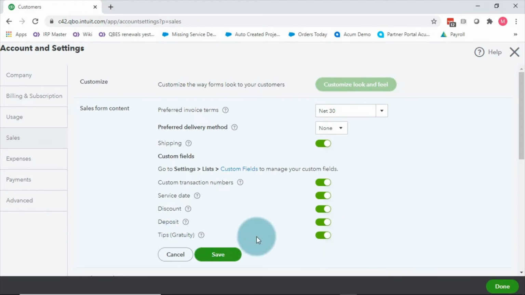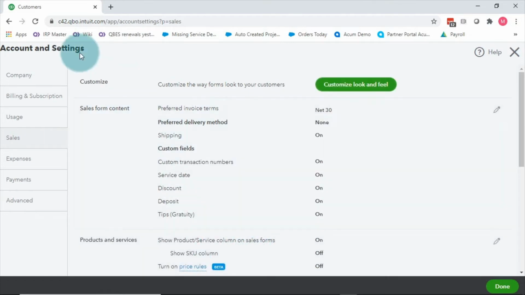It'll also ask you to enable that field on a sales receipt. Right? The expectation is if we're receiving tips, it's a cash type of transaction. So it's on the sales receipt, not on an invoice type form. Okay? So those are all the fields enabled. Let's go see what that did.